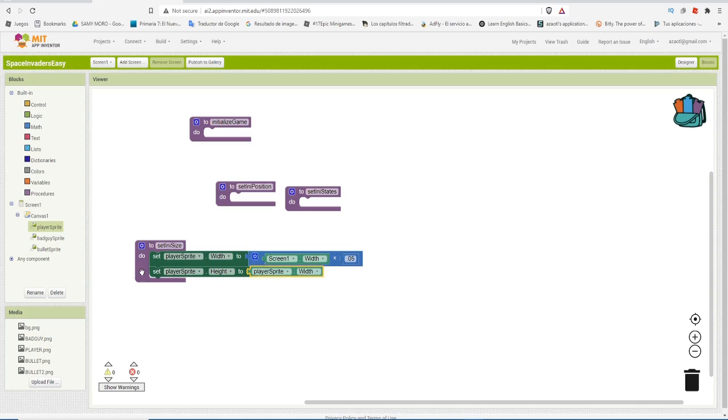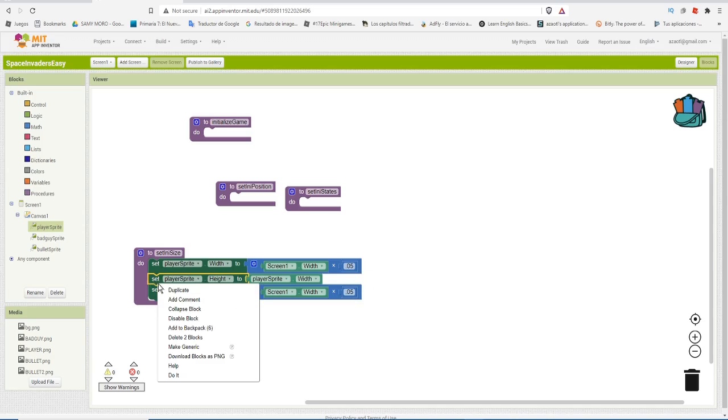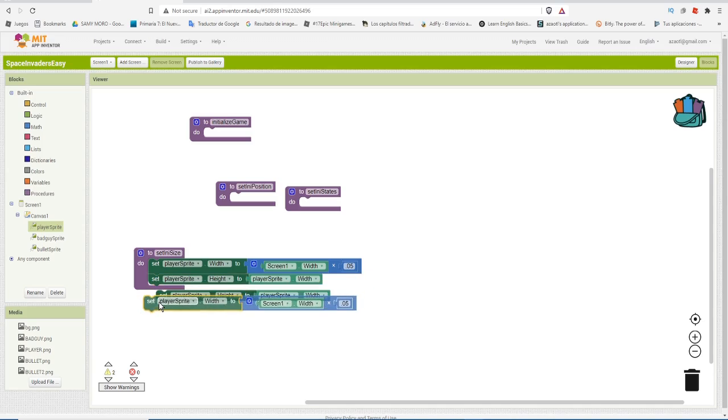Okay, so we have the first thing. That is the player sprite. It's going to use the 5%. Now for the other guy, we can duplicate these two. This is the good thing about App Inventor. And then, instead of player sprite, we want the bad guy,